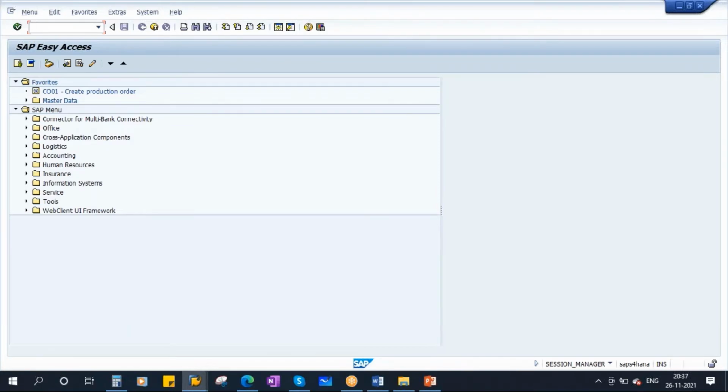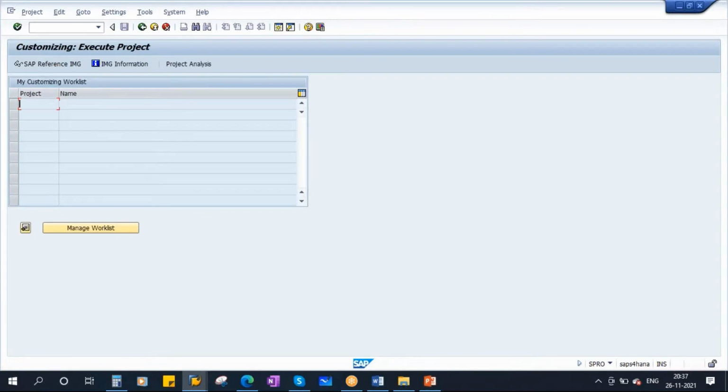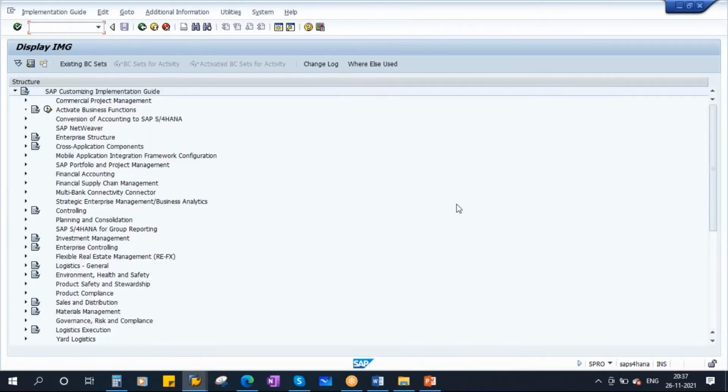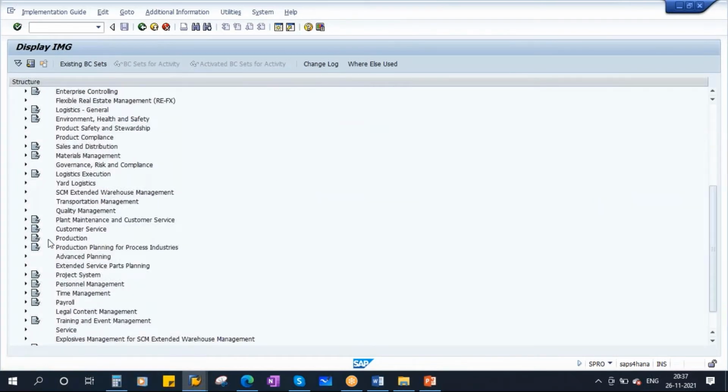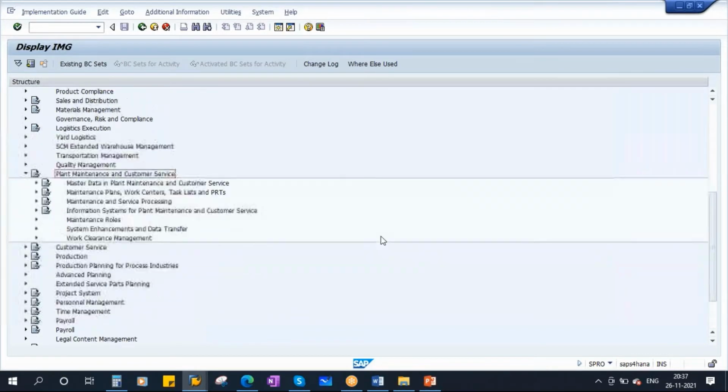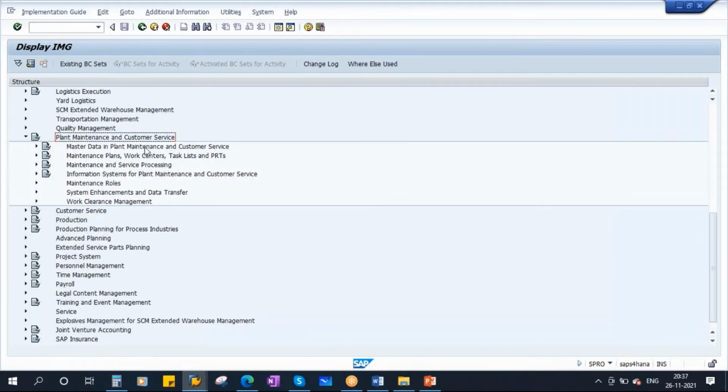To create the revision, first we need to go to configuration. Go to SPRO, SAP reference IMG. Scroll down. Go to plant maintenance and customer service. Go to master data in plant maintenance and customer service.